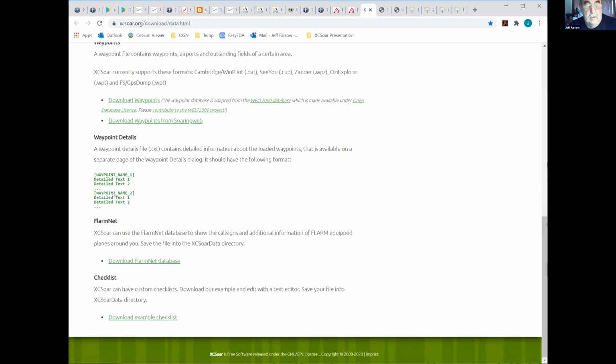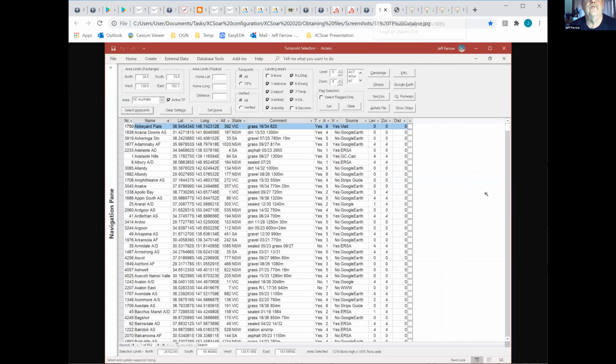You can make up your own. It's a fairly simple format, as listed here. I maintain a database of about 4,000 turn points around the country, and I can generate them quite readily for anyone that wants them. But the only problem is mine will be referenced back to the names I've got for the turn points in my waypoint files. They won't reference back if yours uses different names for those turn points. You'd have to go through and edit it.